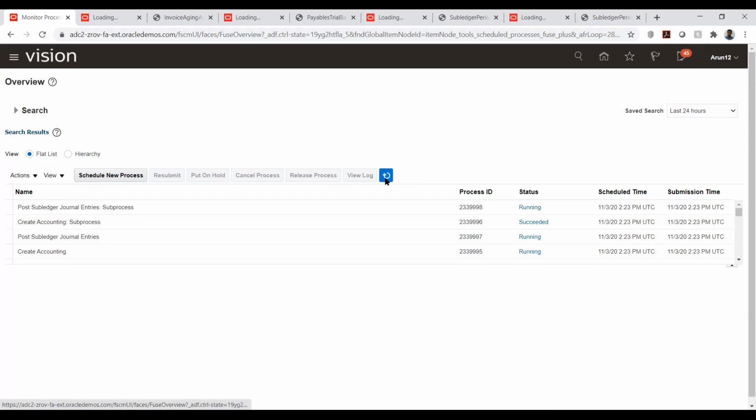So if we have missed anything, that's when this can be done. Yeah, correct. So it's almost like submit accounting. Yeah, the same thing. Create accounting is nothing but submit accounting.